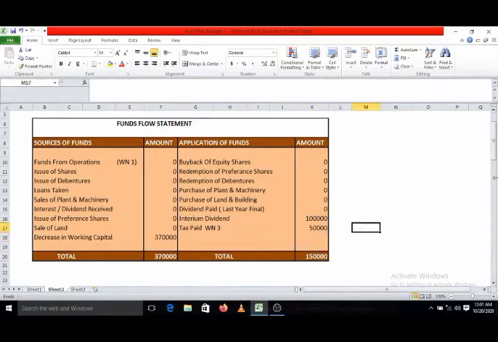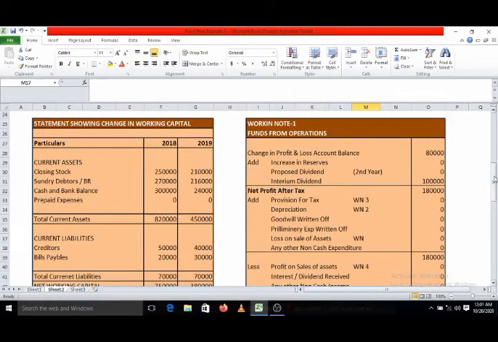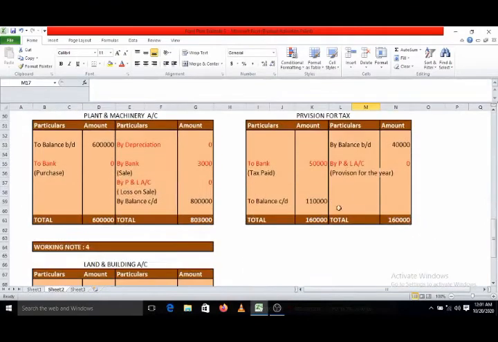So that we will not forget afterwards. Check out opening balance, closing balance, tax paid during the year. Only this much data we know, nothing else we know about taxation. So we will close the account.